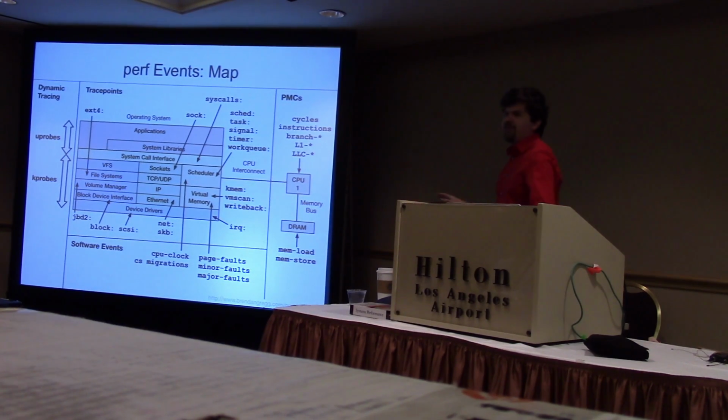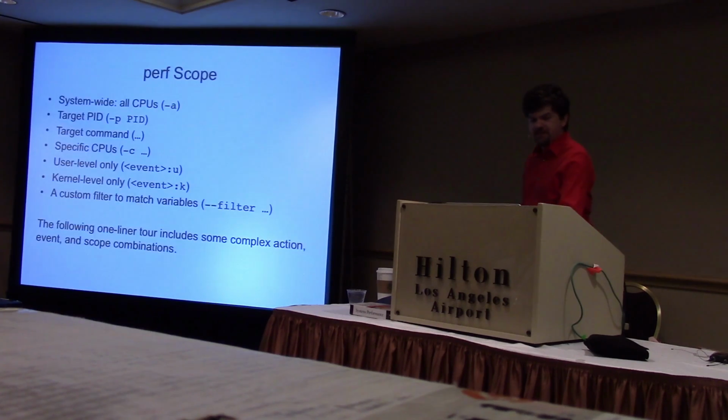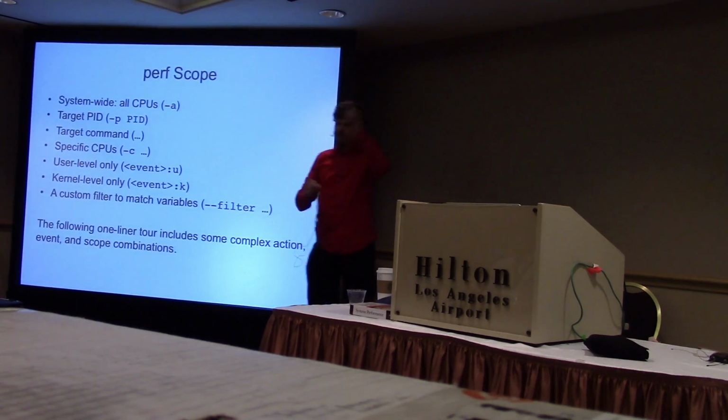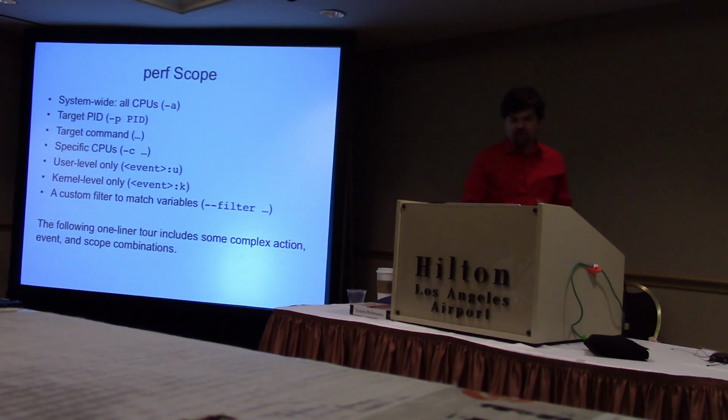So really with perf events, you can spend a long time just instrumenting and understanding everything. This is the part of the talk where I don't want you to know how to do all of this in 60 minutes, but you need to know that it exists. I want you to know how to do CPU profiling, and I want you to know that the rest exists. So listing, scope, just so you know what perf can do. Apart from doing, say, system-wide all CPUs, I can point it at a process ID, or I can launch a command.